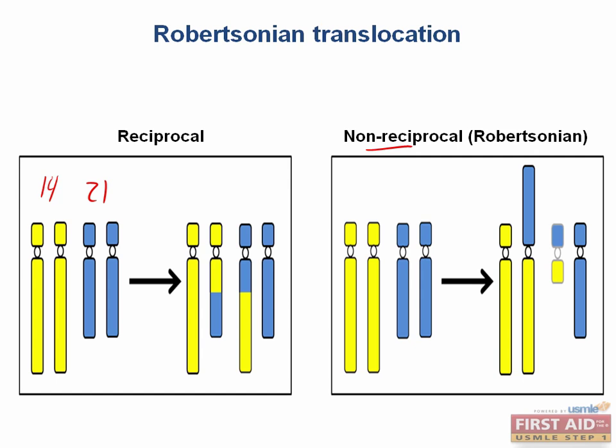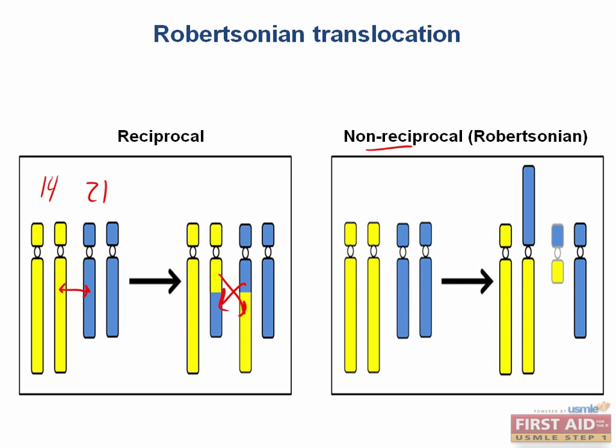Reciprocal translocations can happen between any chromosomes. In this figure on the left, a reciprocal translocation occurred between the bottom half of the arms of these 2 chromosomes, which results in the bottom half of the blue one becoming attached to the yellow one, and the bottom half of the yellow one becoming attached to the blue one. This is a balanced translocation because no genetic material was gained or lost, and this will often have no phenotype for that person,